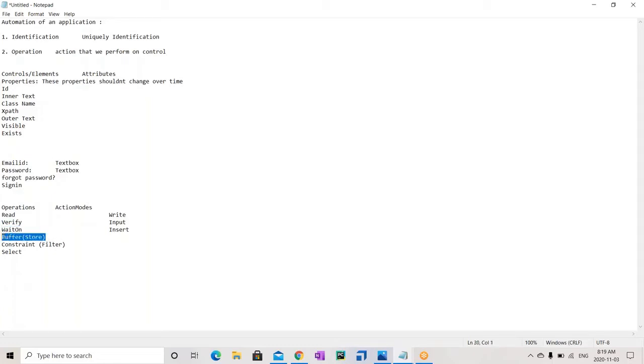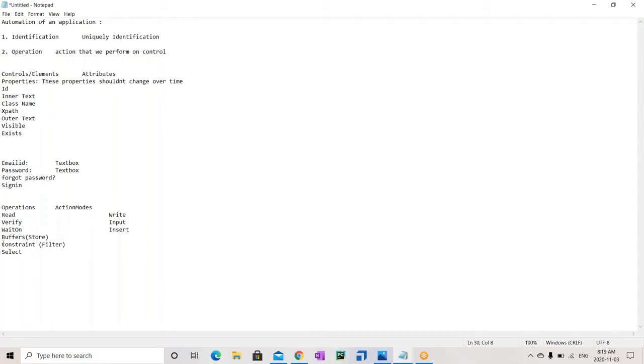If you see other programming languages, they call them variables, where you store your strings or integers, whatever the data type, you store some values into some variables. So in Tosca, we call them buffers. Buffers are nothing but where we can store our values.